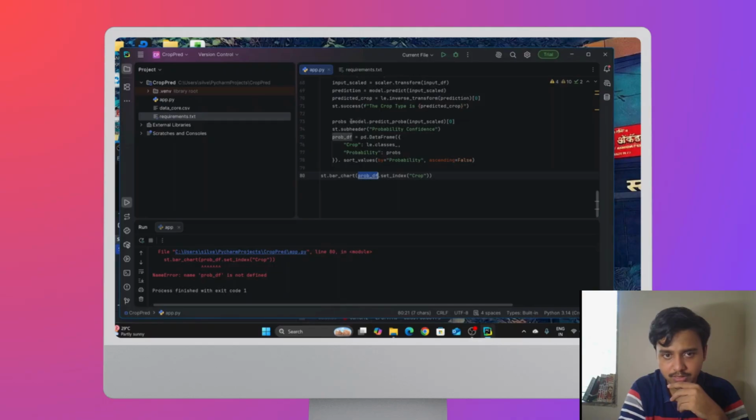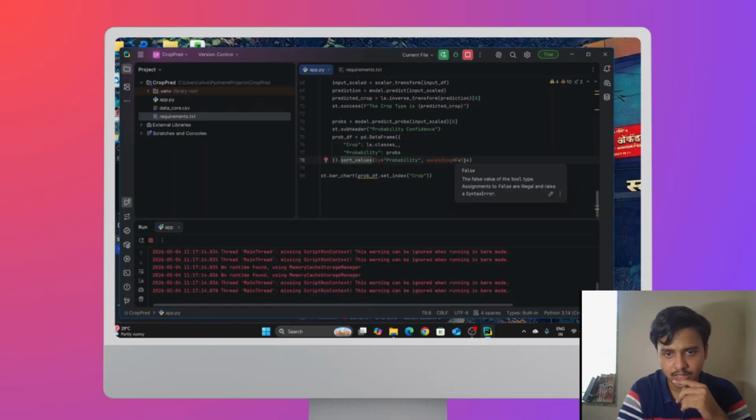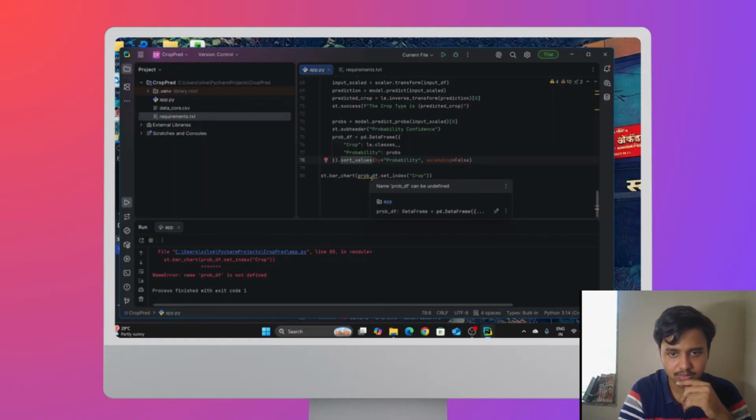So where probs is model.predict_proba of input scaled from 0. Okay, this is also right. Then it is going to sort values by, okay, I guess to be clear, sort values by probability, and ascending should be equal to false. Yeah, I don't guess that there is any error with this.